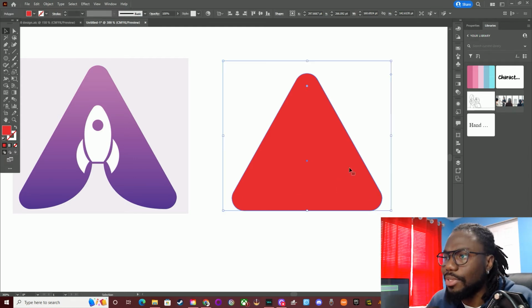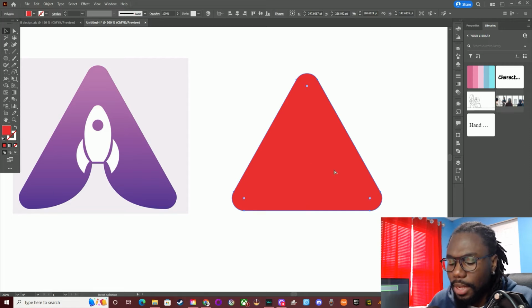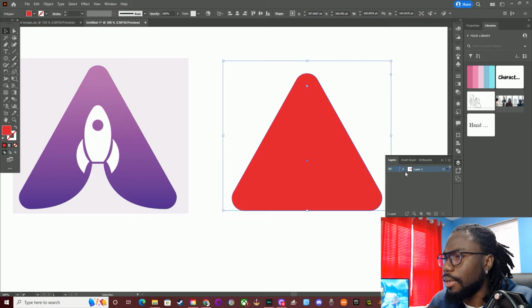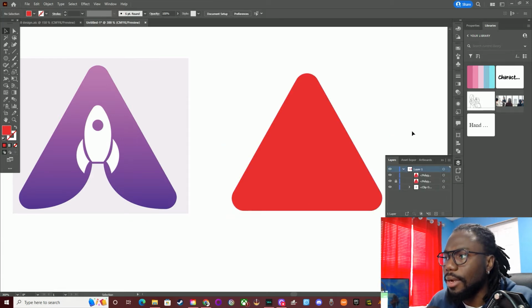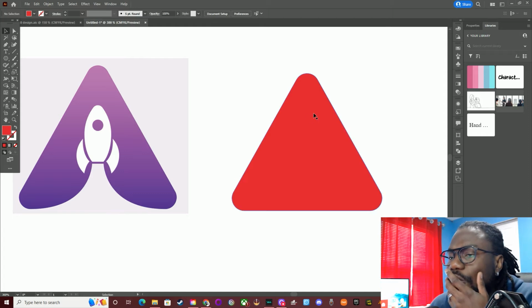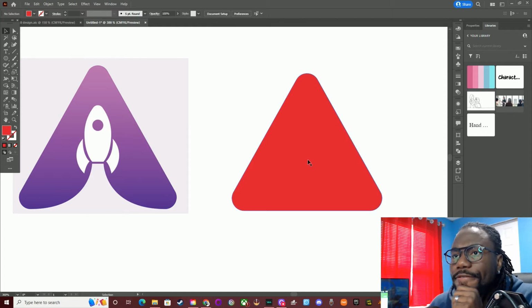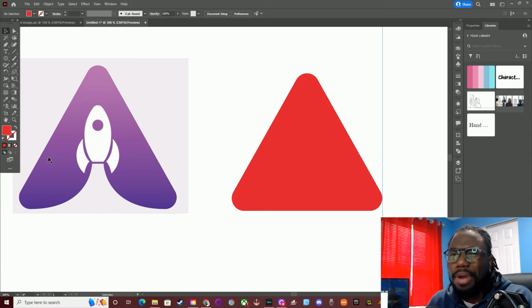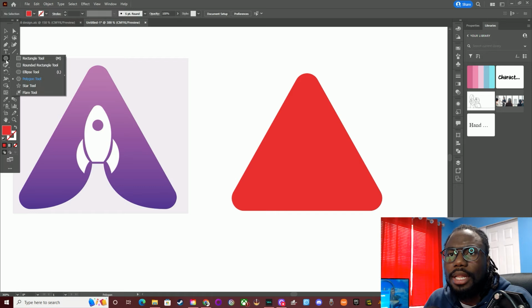What I'm probably going to do is copy this and paste it behind, and then I'm going to close the layer in the back, and I'm going to explain to you why I'm going to do that. Now she has this little arch here, and I think I may have to use one of my triangles to just create that. And what I'm probably going to do is use my ellipse tool,